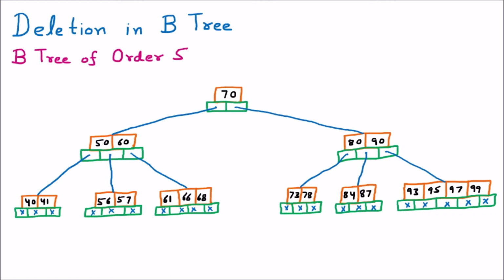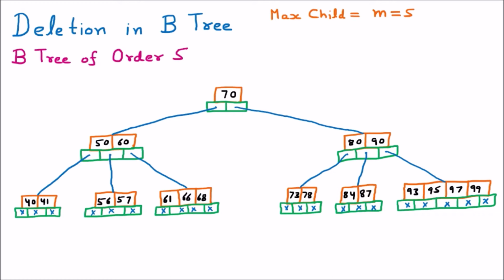But first of all, we are having a diagram. In this diagram, we are having the B tree of order 5. So B tree of order 5 means M, we know that these all are the M-way trees, so the M is 5. Order is 5 means M is 5, or we can say that the maximum child will be equal to M, and that will be equal to 5. So every node in this B tree will be having the maximum child 5. They cannot cross that.